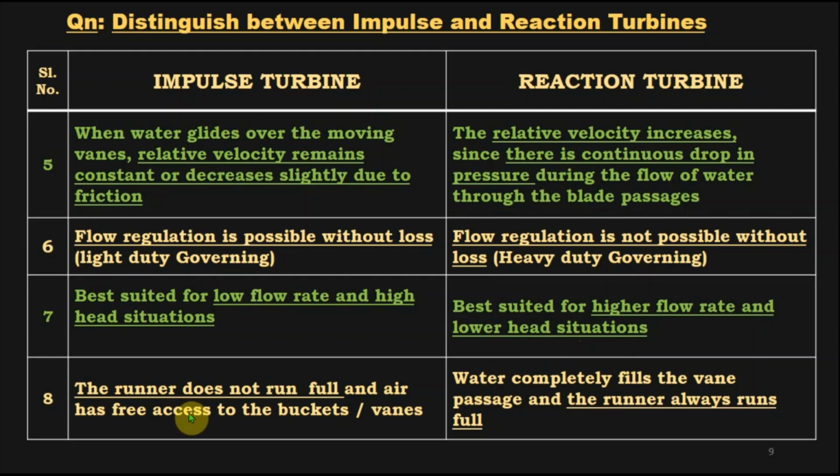In an impulse turbine, the runner does not run full. That means only a portion of the runner will be in contact with water, and the air has free access to the buckets or vanes, and we have already discussed that the pressure is atmospheric throughout the operation in an impulse